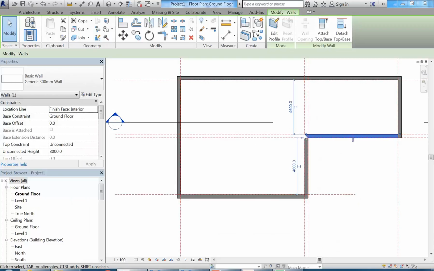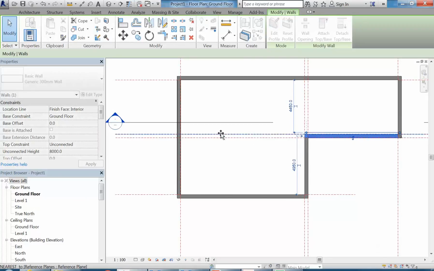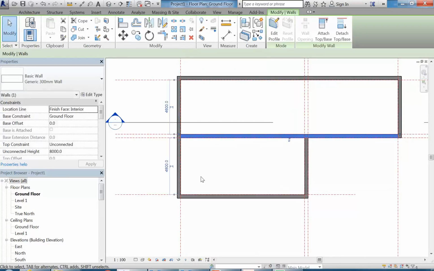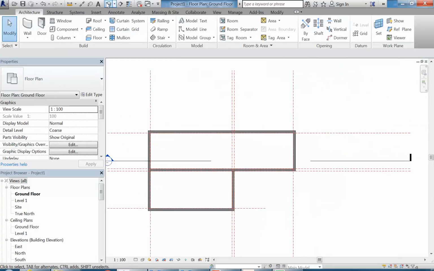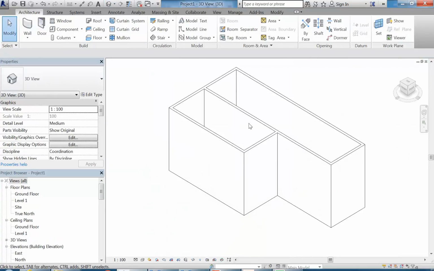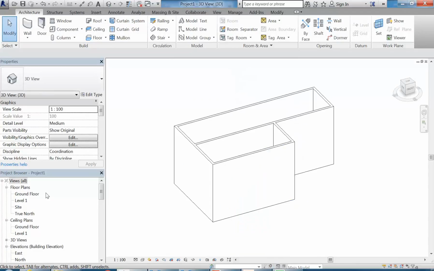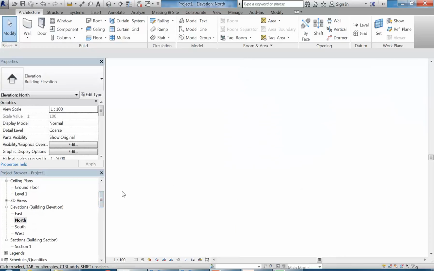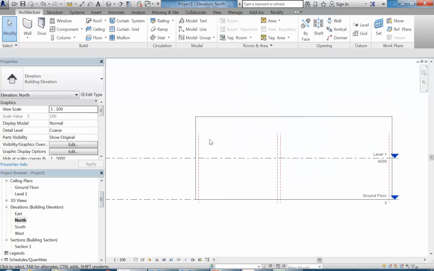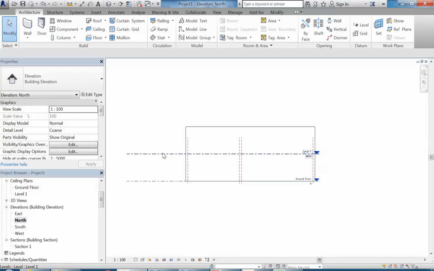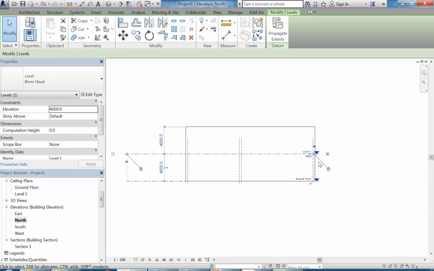And for now, again, I'm just going to drag this wall. After I select it, using the grip there, I can drag that through to extend to the other one. So it's not a bad idea to check your 3D views just to see the basic shell. And then before you go too far adding in anything else on that level, it's really important that you think about the levels overall. And so in any elevation view, in this case I'm just going to go to the north elevation, you can see your levels. I'm going to select one of them and extend